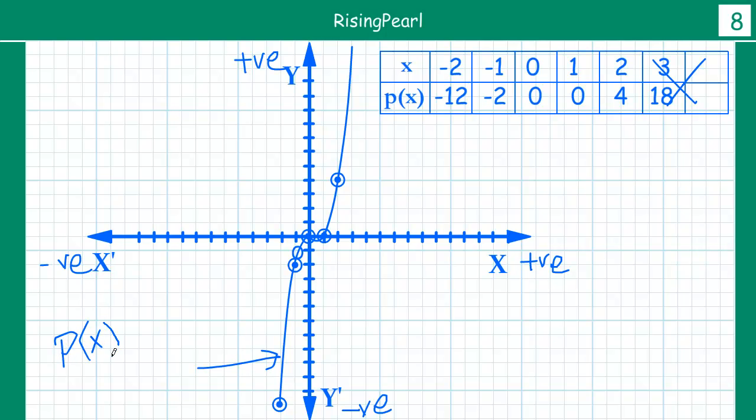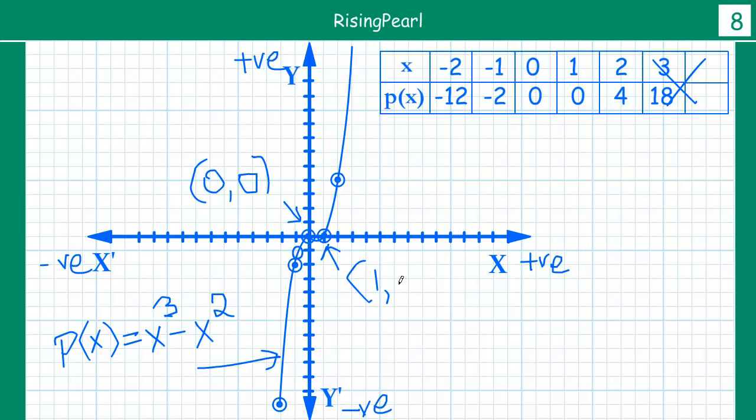Our polynomial is x cubed minus x squared. So this is the polynomial whose graph is shown here. And if you look at this graph closely, you will notice that this graph cuts the x-axis at these 2 points. So this is the first point and this is the second point. So the coordinates of the first point is the origin, which is 0, 0, and the coordinate of the second point